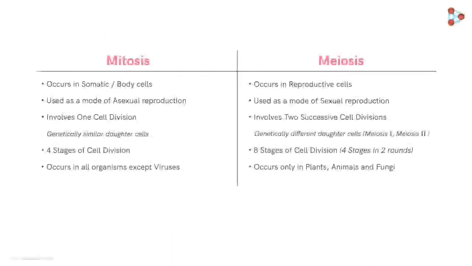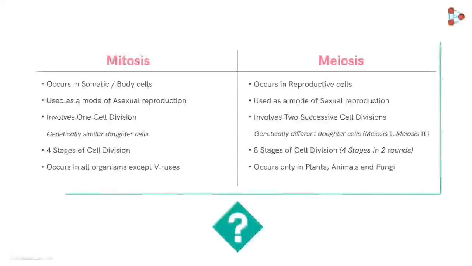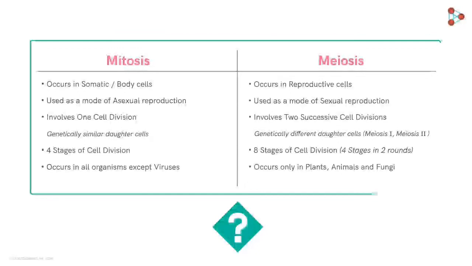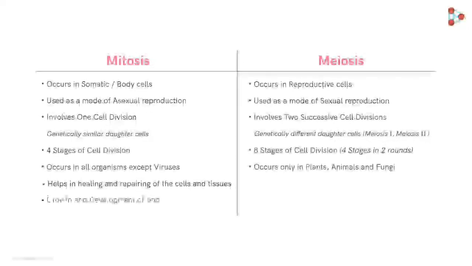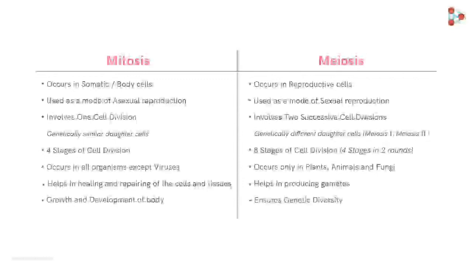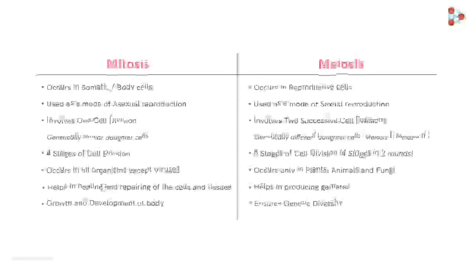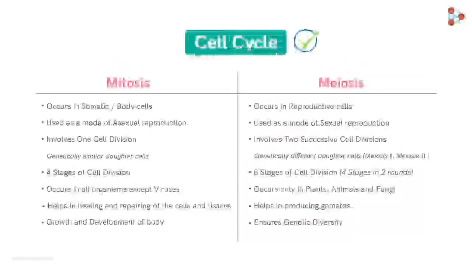Before signing off, tell me one thing. Have you ever wondered what important tasks do these two processes perform in our body? Well, mitosis helps in the healing and repairing of the cells and tissues of our body. It's also responsible for the growth and the development of the body. Meiosis, however, helps exclusively in producing gametes. This ensures genetic diversity. And with this, we come to an end of the concept of cell cycle. To learn some more cool concepts related to cell